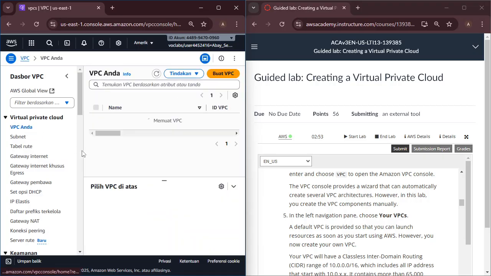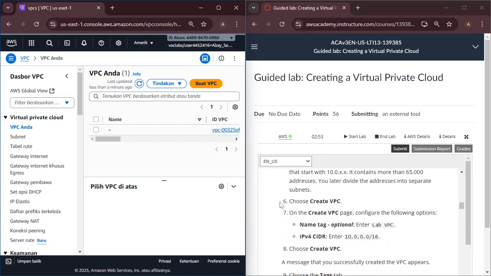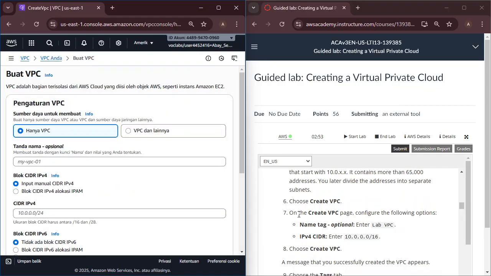That's Your VPCs. Then we choose Create VPC. On the Create VPC page, I will configure the following options: the name tag and the VPC IPv4 CIDR.